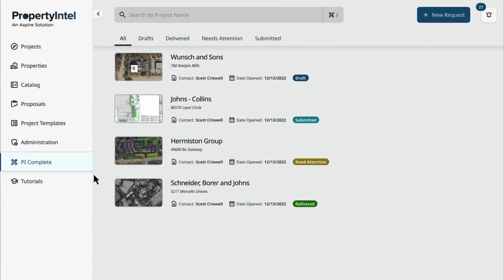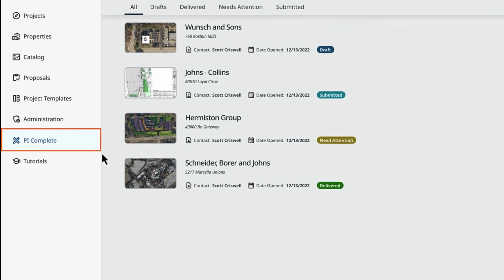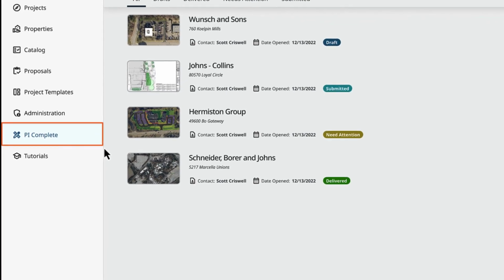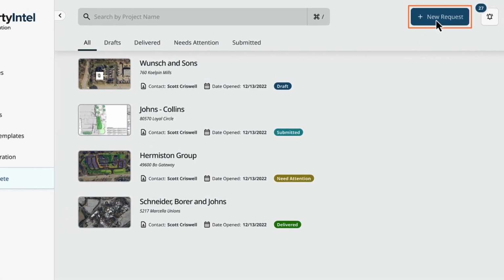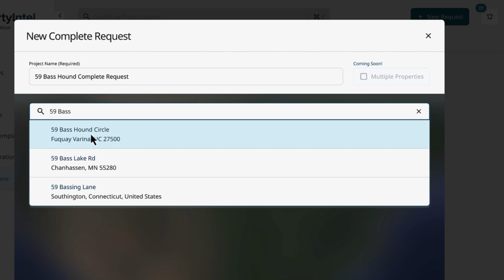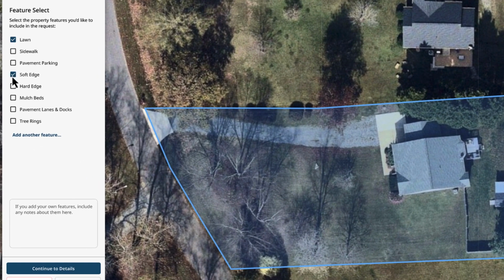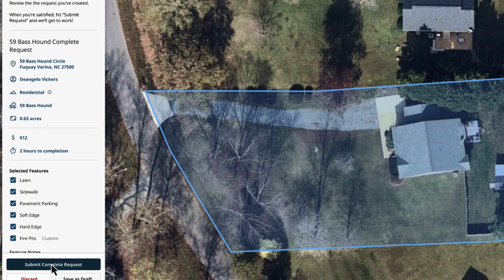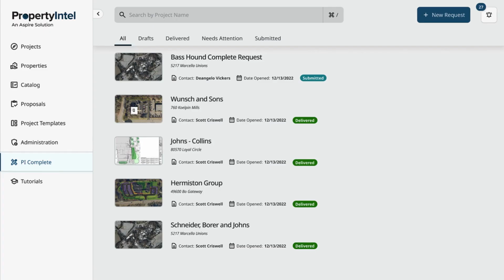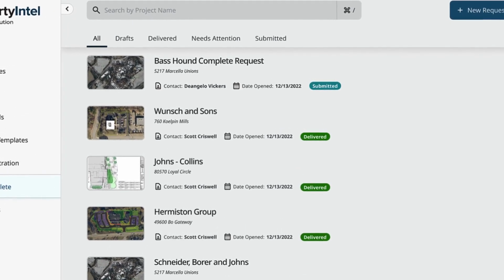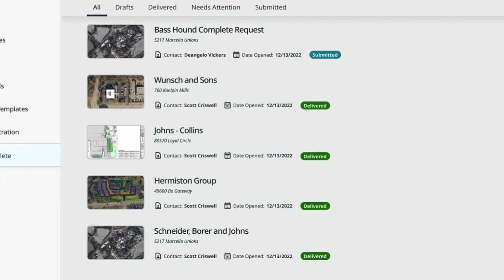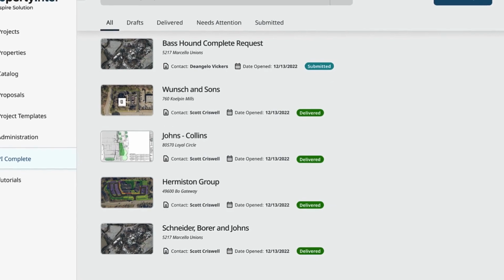Lastly, if you're stretched for time, we can do the takeoffs and estimating for you with PropertyIntel Complete. Simply submit a request with a property address, indicate the features you want to include, and our professional cartography team will apply their expertise. Precise takeoffs are delivered directly to your PropertyIntel account, enabling your salespeople to bid on high-quality